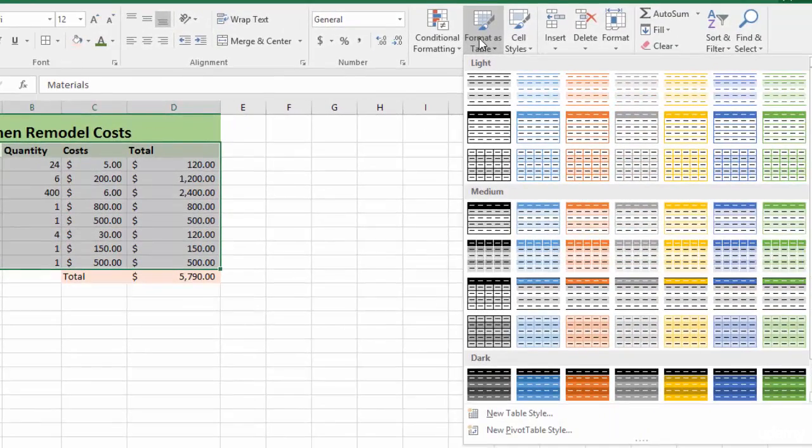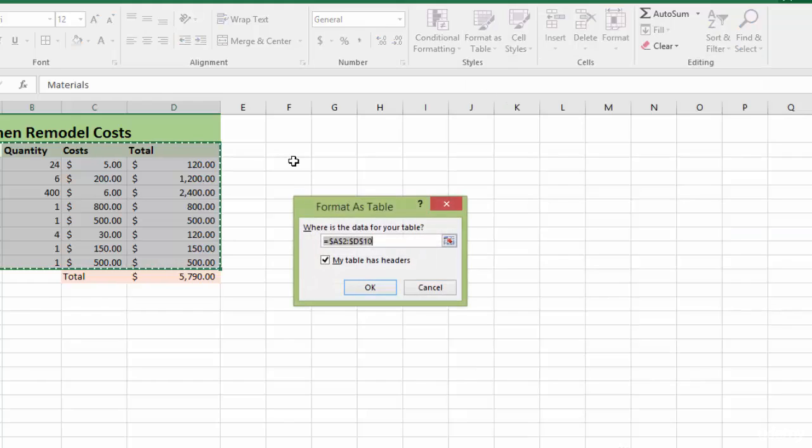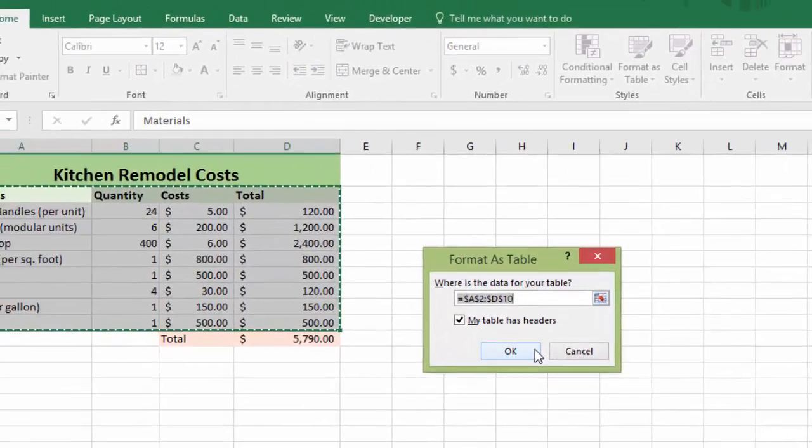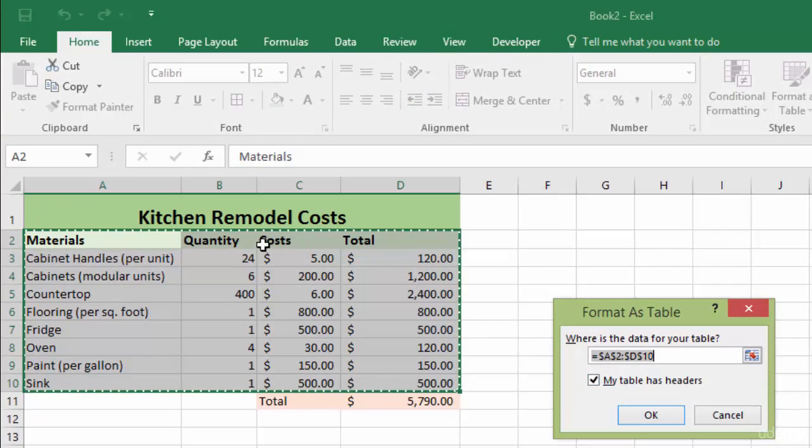And when you do that, and again, I'll go into this more later in the course, it provides a little additional functionality to your spreadsheet, but it also allows you to use these really simple and kind of clean color formats. So if we did this one, I'll just show you what that looks like. Oh, real quick, it's going to ask where's the data for your table. It's right there. It's already highlighted it. And it also asks if your table has headers, and it does, so I'm just going to leave that clicked